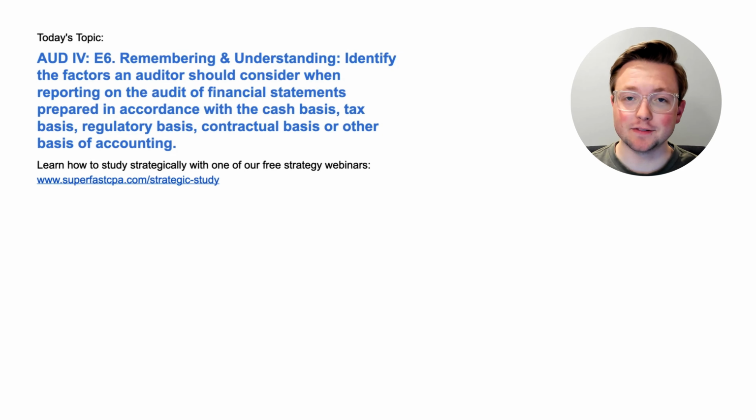I'm Logan, and in today's video, we're going to be going over Audit Area 4. This is Section E6, and this is a remembering and understanding topic. Identify the factors an auditor should consider when reporting on the audit of financial statements prepared in accordance with the cash basis, tax basis, regulatory basis, contractual basis, or other basis of accounting. And we're going to be doing that the SuperfastCPA way, which is diving straight into the questions to learn the